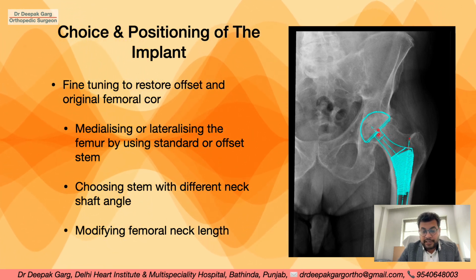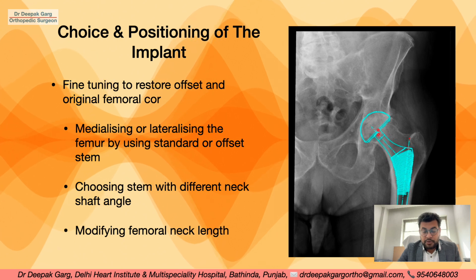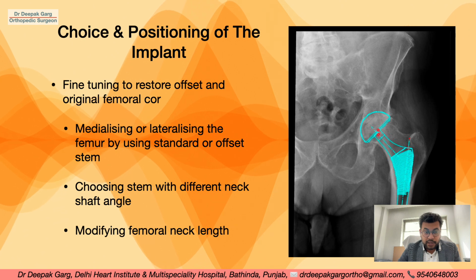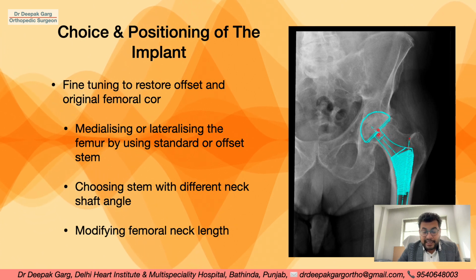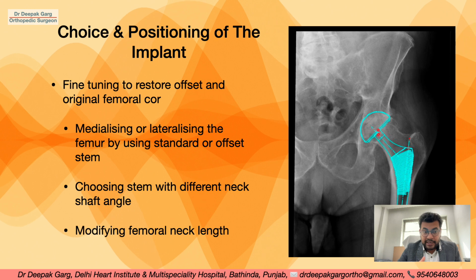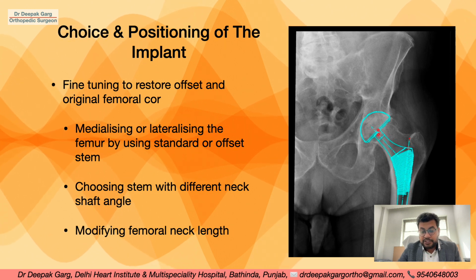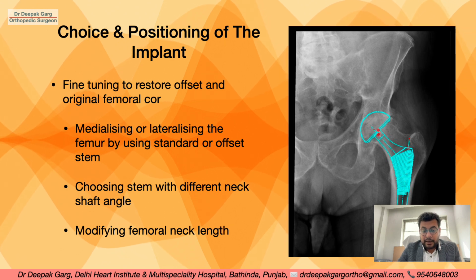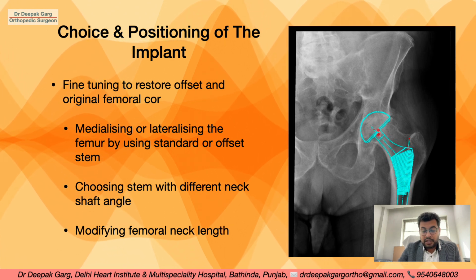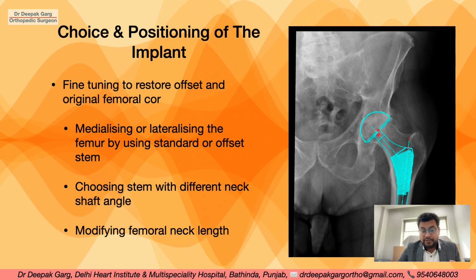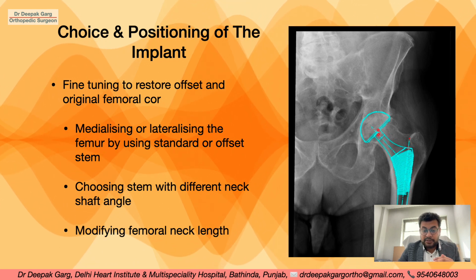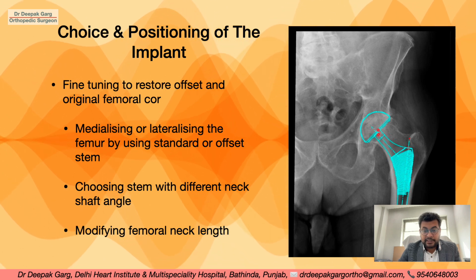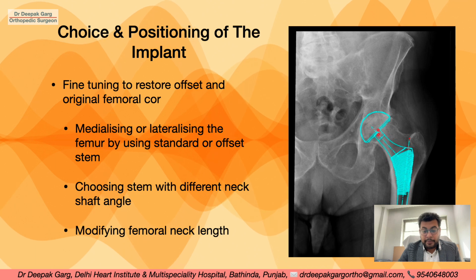After we know all these things, we know the proper position of the acetabular component, we know the proper position of the femoral component, we know how much to medialize the acetabulum, how much to lateralize, and we know which type of stem will properly fit our cavity. This way we decide about our implants, their proper position, and how much neck, how much of the femoral component, we need to keep out of the femur so that we are able to maintain the limb length discrepancy. So all these decisions are made pre-operatively.